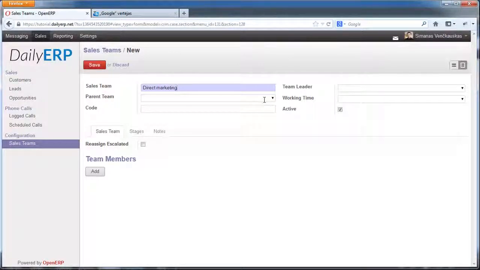And every sales team can have a parent team. So it means that those teams can be organized into trees. If you have a sales department in your company, then you can have a few teams like direct marketing and like support and so on and so forth. All those teams can have a parent team, which is the sales department, let's say. It can have a code. A sales team can have a leader of the team. It can have a working time set when the team is working,